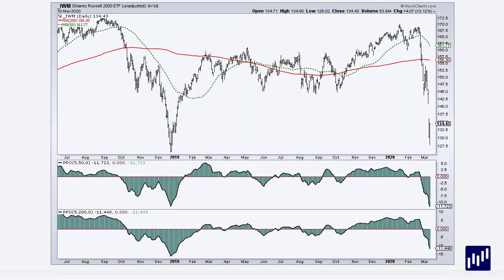Now, I would just like to note that moving averages don't work the same for all ETFs and stocks. The 200-day works really good for the S&P 500 and SPY, but it doesn't work very good for the Russell 2000 and IWM, as we can see here. So I've got a 5-50 PPO, 5-day EMA crossing above and below the 50-day EMA,